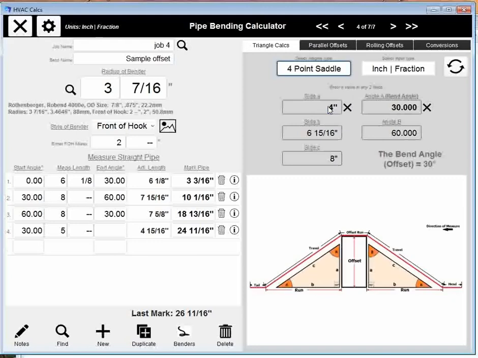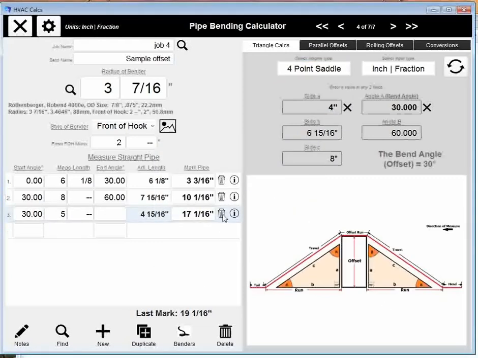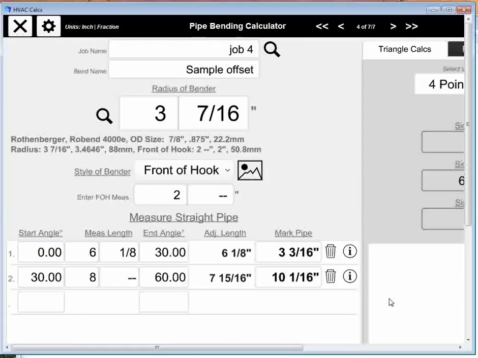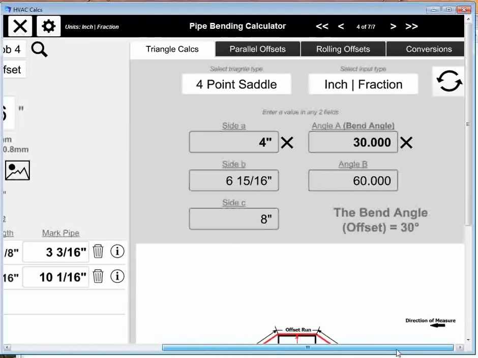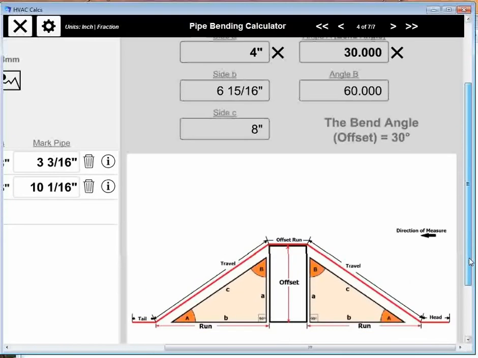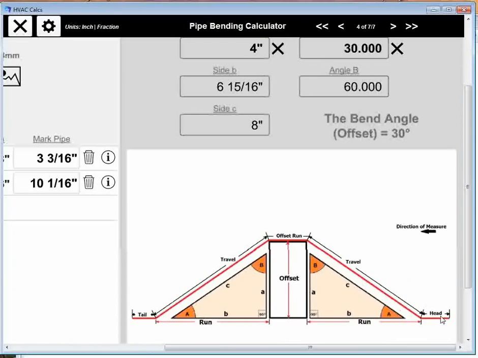Same thing for a 4-point saddle. We could just do this a little quicker. We'll get rid of these two. Same thing. Let me zoom in a little bit on this one. Same thing with your 4-point saddle. Again, these are just my terms, head and tail. But in this case, let's look at the same thing again. You're basically going to make it equal, so there's going to be just 2 basic triangles with a run in the center. So looking at that,